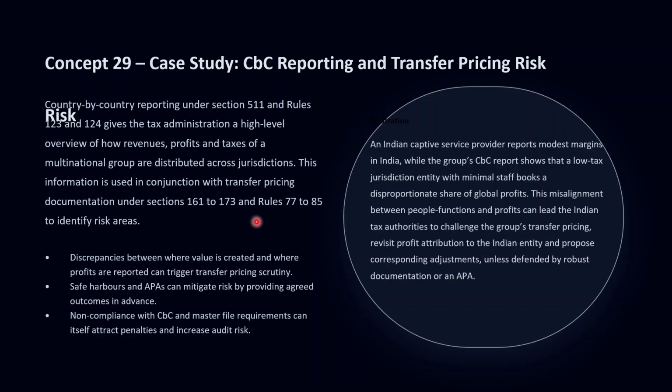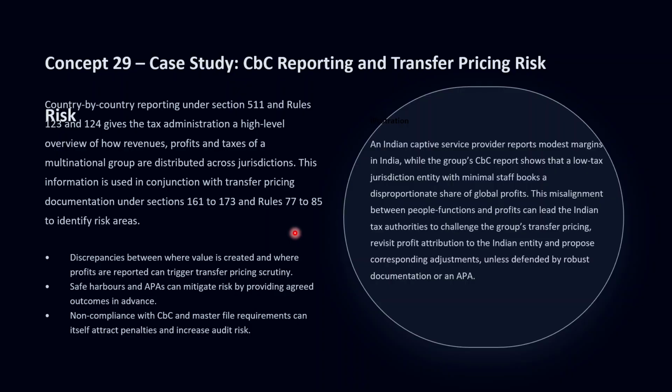If we see the rules 123 and 124, rule 123 describes the information and documents that Indian constituent entities must maintain. For example, group structure, intangibles, the financing arrangements, etc. Rule 124 prescribes the designated authority, the forms, the revenue threshold in Indian rupees for CBC reporting. So at the same time, section 61 to 173 and Rule 77 to 85 contains the transfer pricing regime, including arm's length pricing methods and detailed